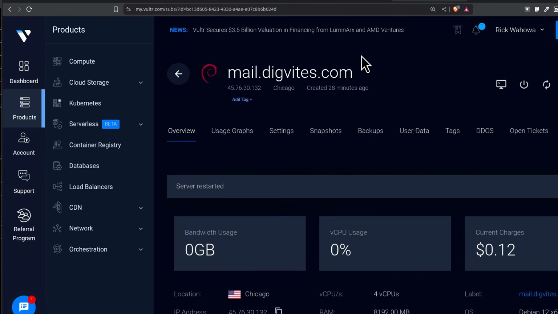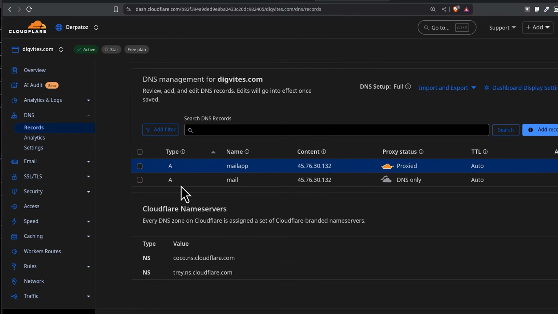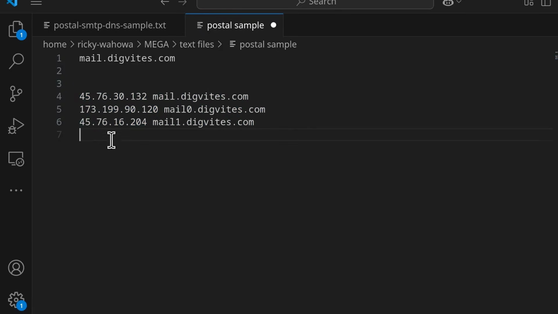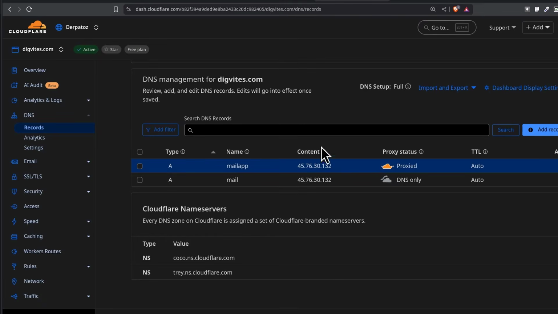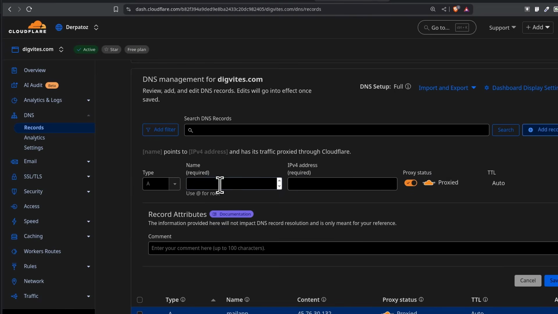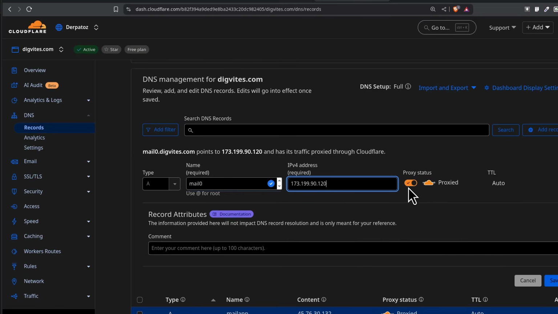And while that is happening, let me add the A records for all our extra IPs. We already have one for mail, that is it. So let's add the one for mail.0. So add a record, mail 0, paste the IP, and I'm going to unproxy that, save.